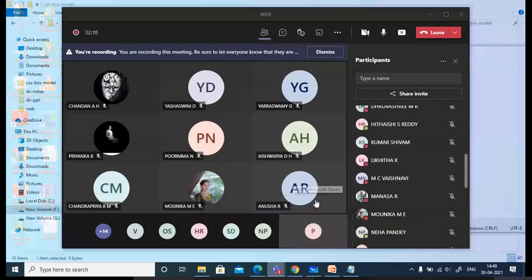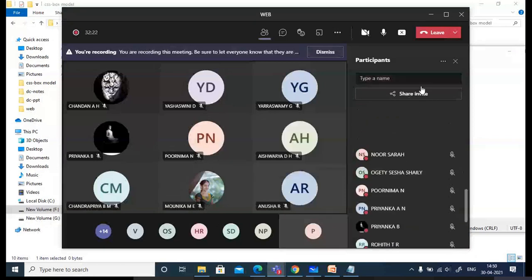Try to type the program and specify all the styles, whatever you want.